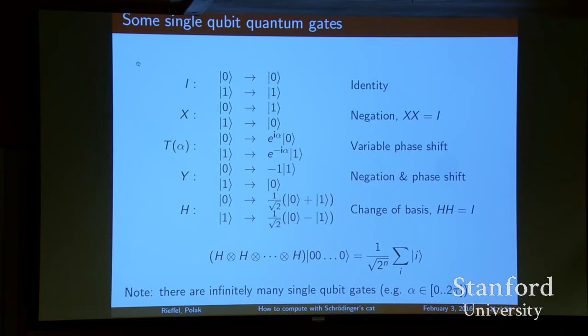So you have a rotation in this axis as well. And H just does the 45 degrees on our polarization. You could have an arbitrary angle transformation here. Again, there's an infinite number of possible transformations. The H has a very nice property. If you take a register that consists of all zeros, and you apply H to each one of them, you get an equal superposition of all possible basis vectors.